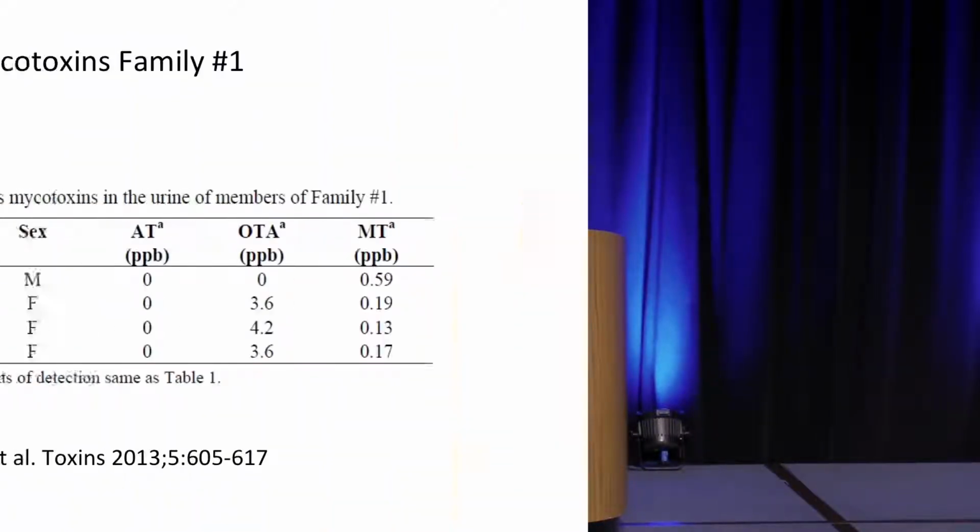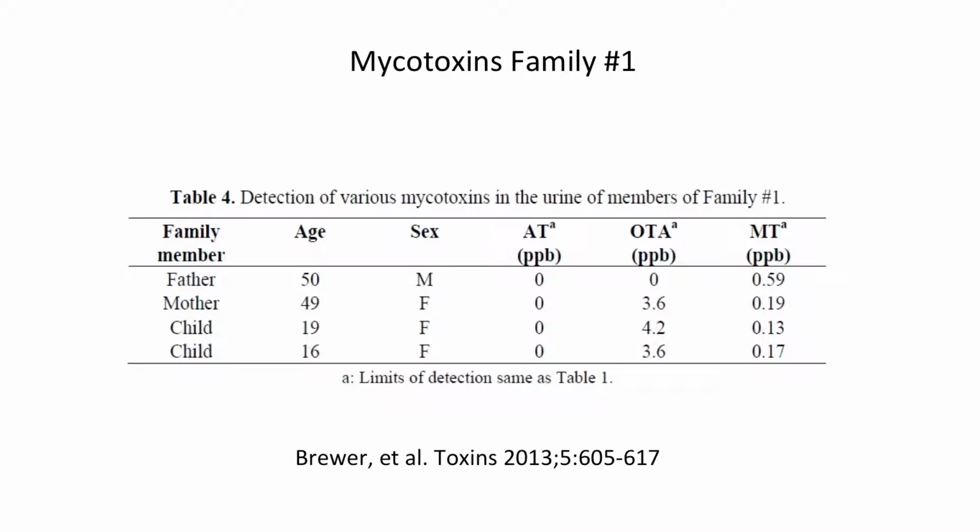This is an interesting family. This is family number 1 that's in the paper. This is a gentleman and his wife and 2 children, and I had seen the father for years for chronic fatigue syndrome, fairly severe chronic fatigue syndrome. His wife had milder fibromyalgia and could still work full time. And then they had 2 daughters, and